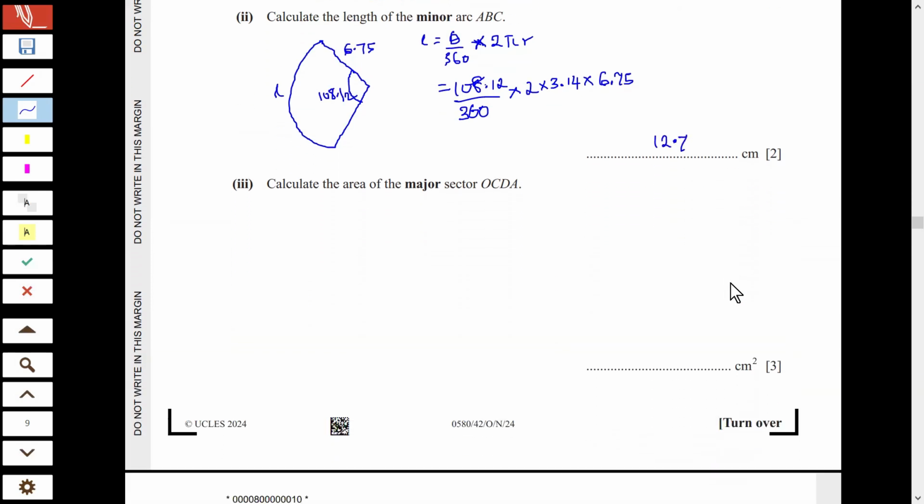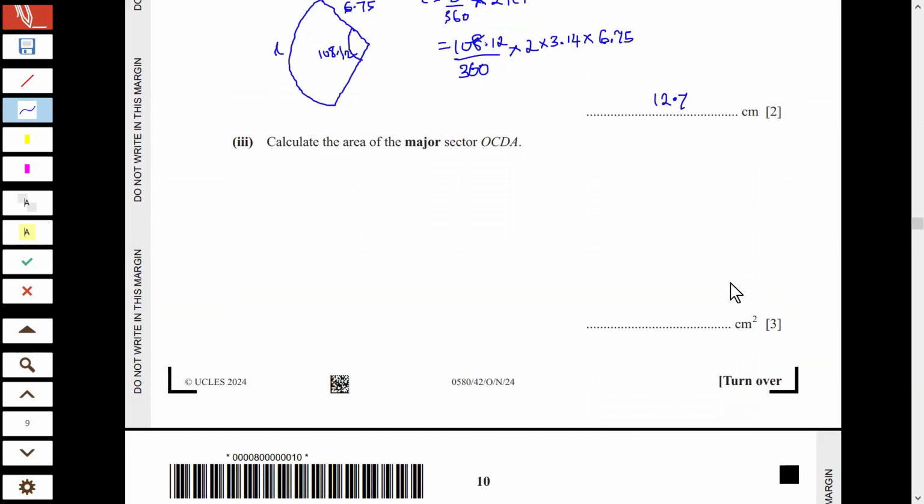Now the next question says, calculate the area of the major arc. I'm going to draw a rough sketch of the major arc. So it looks like this. We have something like this, the rough sketch for the major arc. Now, we need this angle for the major arc, theta. So the area of the major arc is given by the formula